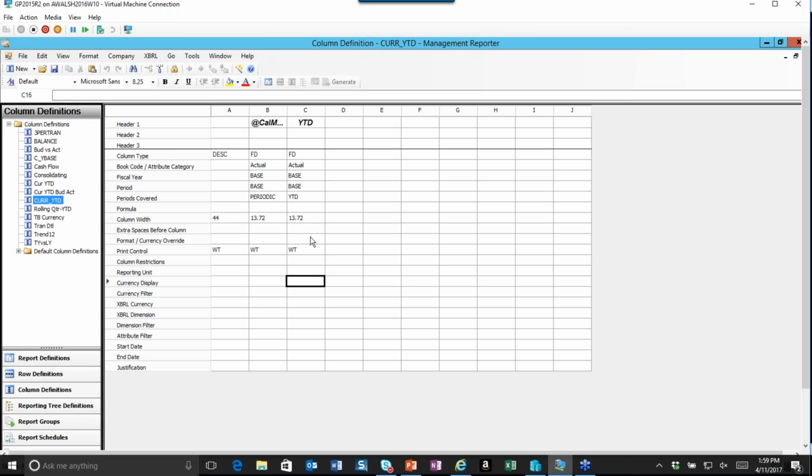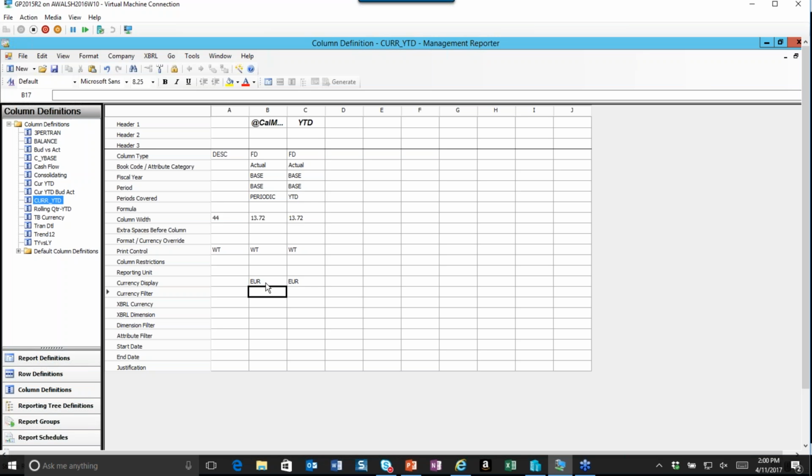If we want to have our report show a different currency, we go to currency display and click the drop down. In each one of these, we have the reporting currencies that we can choose. I'm going to choose my EUR, and I can also type it over here and put EUR. Basically, that's all I have to do,